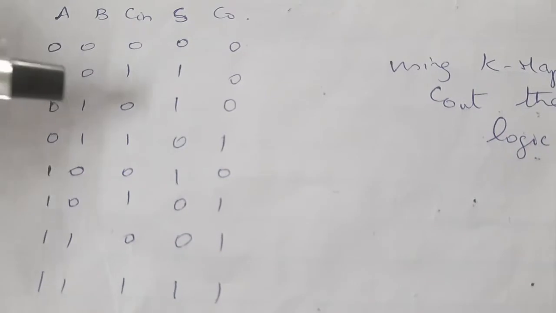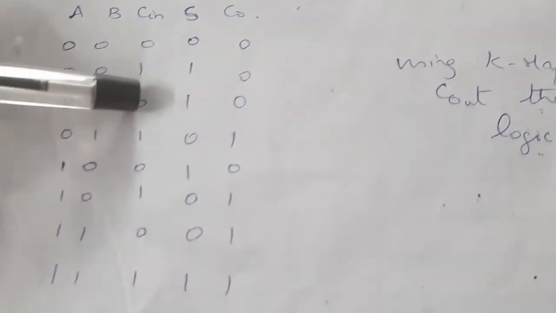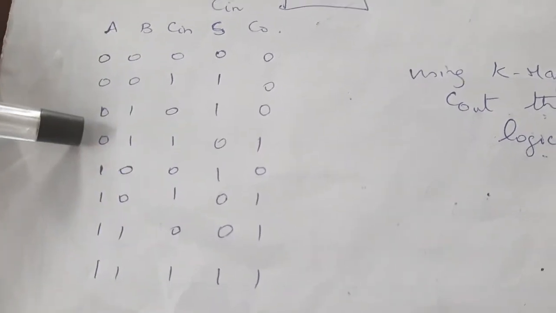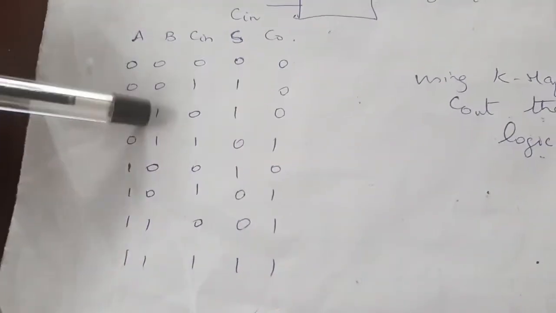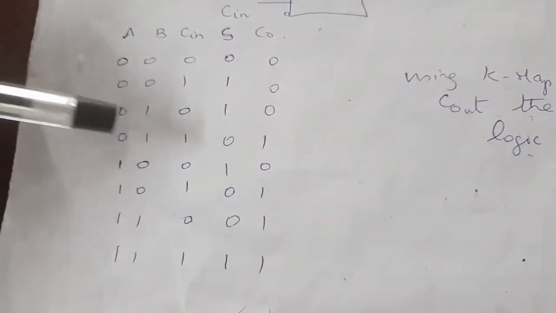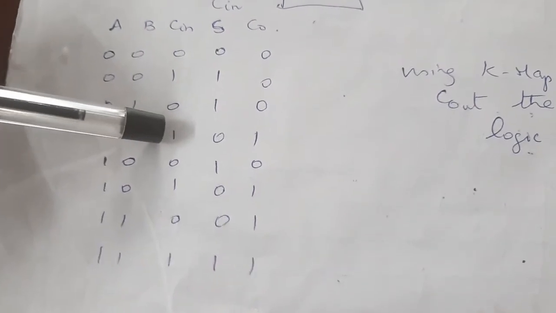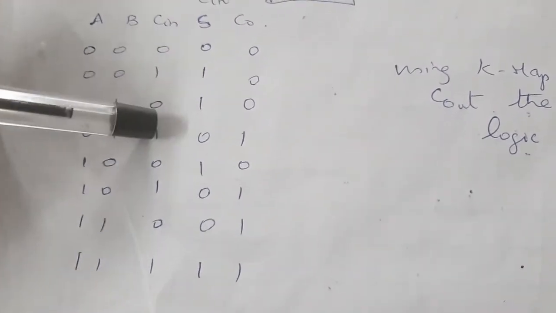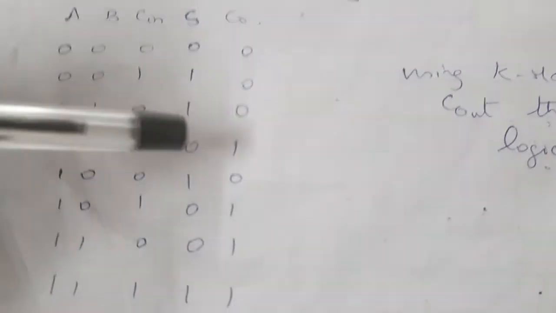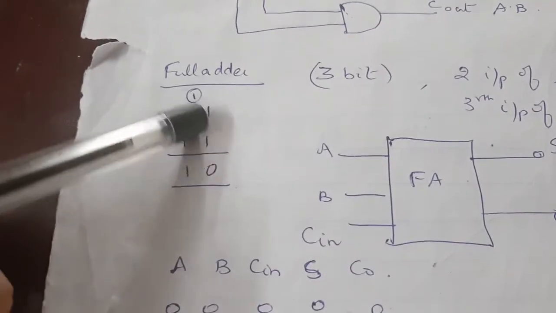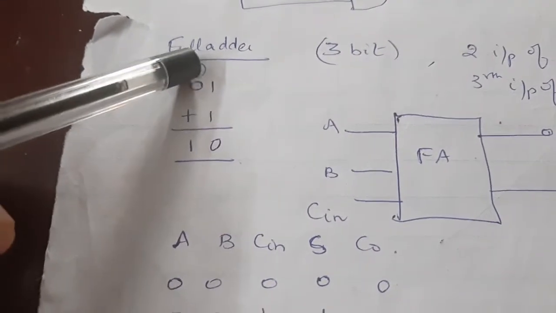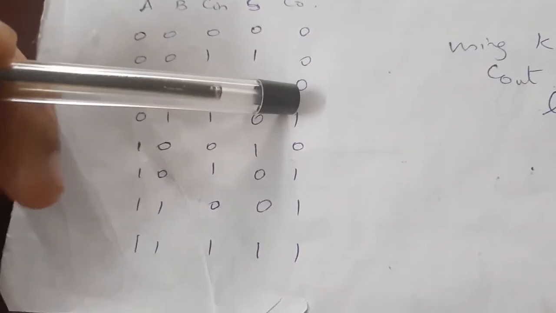Again similarly, next combination 0 1, again 2 combinations of your carry. 0 condition, what will be the output? 1 condition, what will be the output? So you can find that the truth table is repeated once. For the 0 condition the output is sum 1, carry 0. In the second condition, if carry input is there, you will have 0 1 plus 1. So sum is 0. Now 0 1 1 you added, sum is 0, carry is added over here, so sum is 0, carry output is 1.